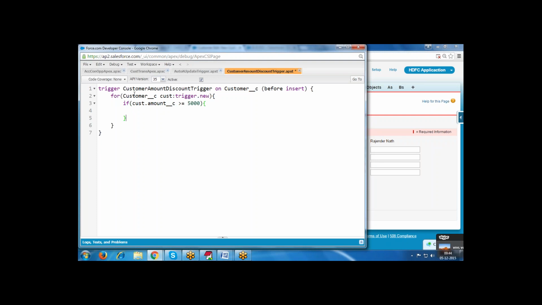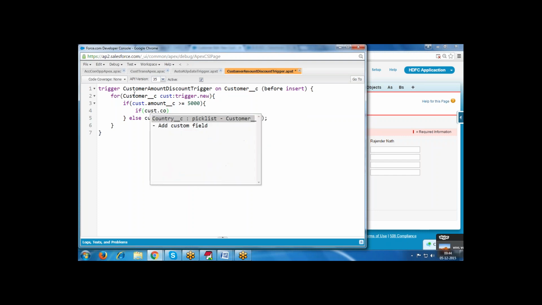If it is less than 5,000, else customer object dot addError, minimum amount is 5,000. If it is greater than 5,000, then we write the logic.